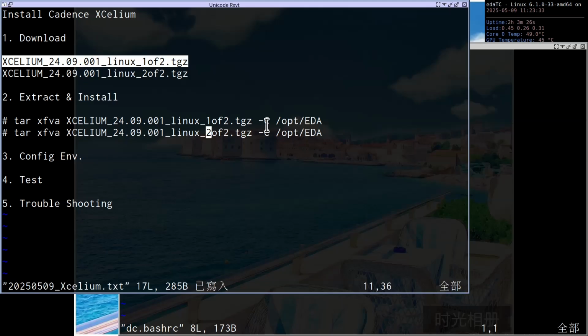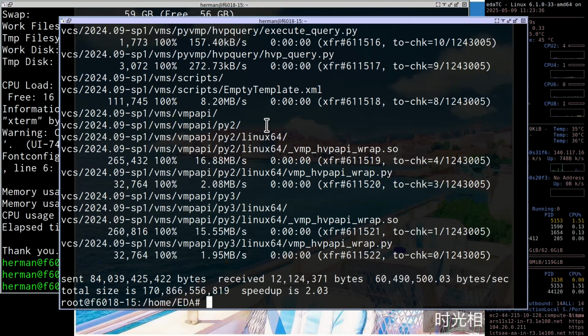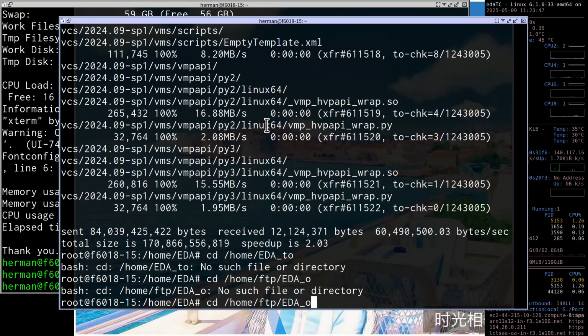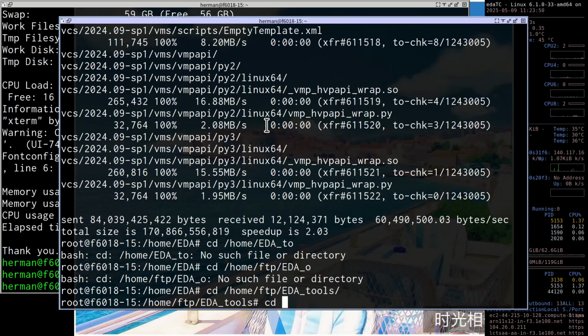These two files are very large files, so it will take some time. EDA tools, right? Home FTP EDA tools.